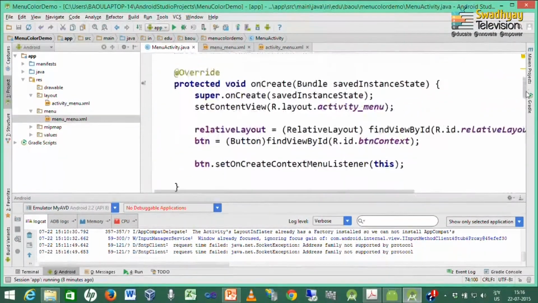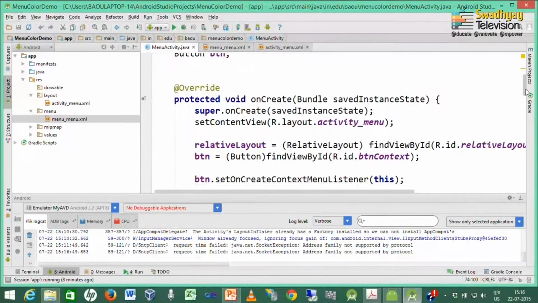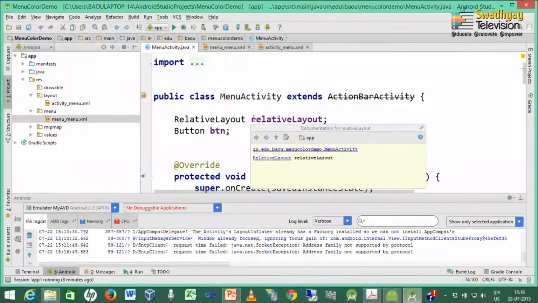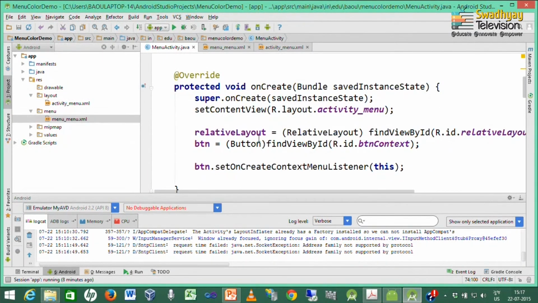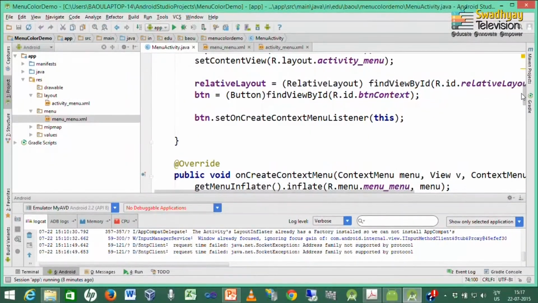You can understand we have one relative layout and a button, and inside onCreate we take a reference of these two controls and set the context menu listener to this activity and associate it with btn.